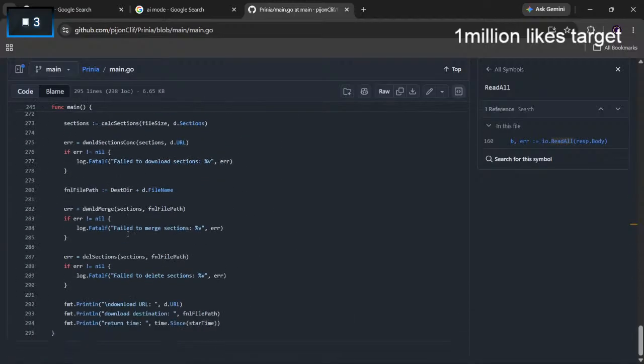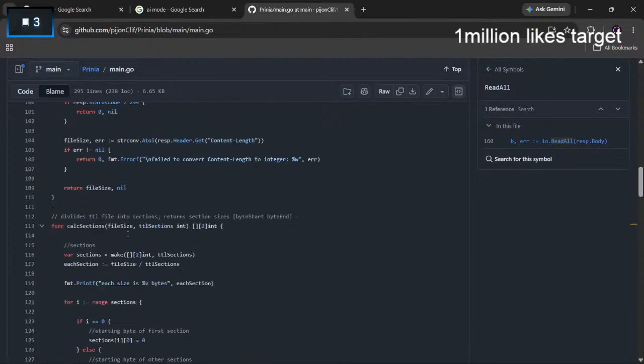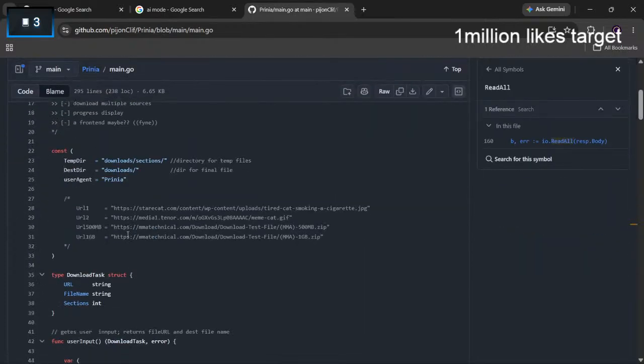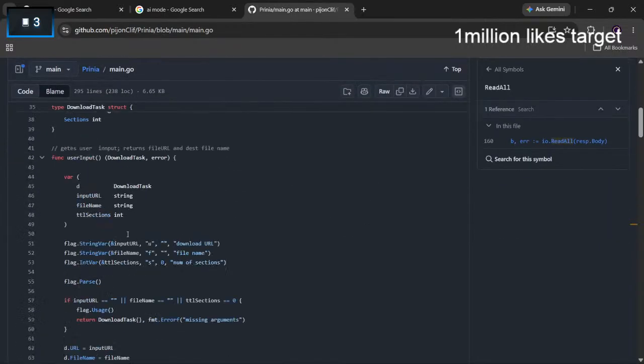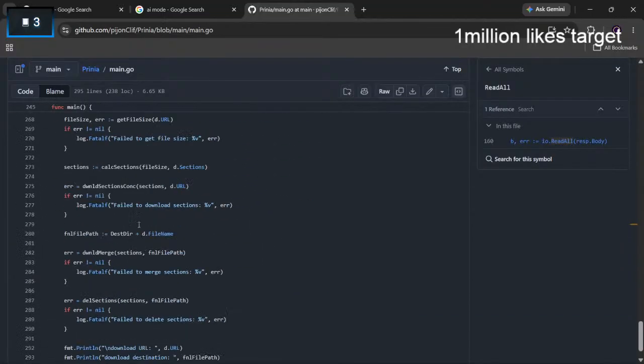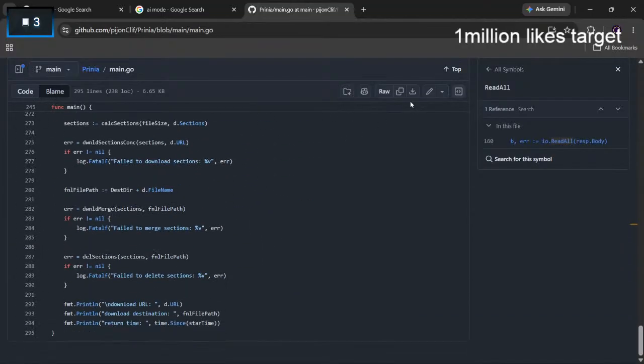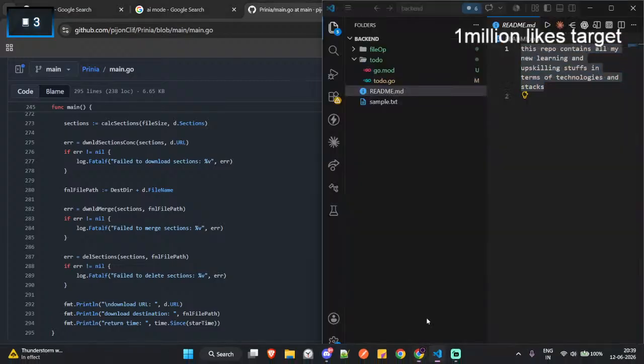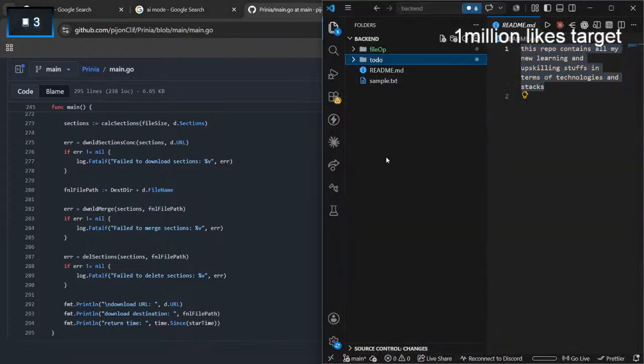Can we run this? Yeah, I'm copying this code to see how it works. Let me see what it does. Maybe I can create a main directly here.